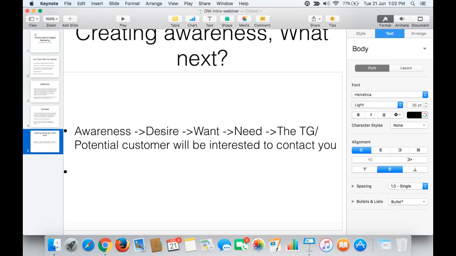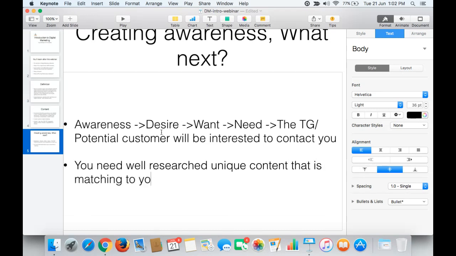So that's the reason you need well researched, unique content that is matching your search criteria and intention. So this part is very important, the intention. The content should be matching with your intention and with your search criteria. And the content must be well researched and unique. Of course, it should be grammatically correct as well,